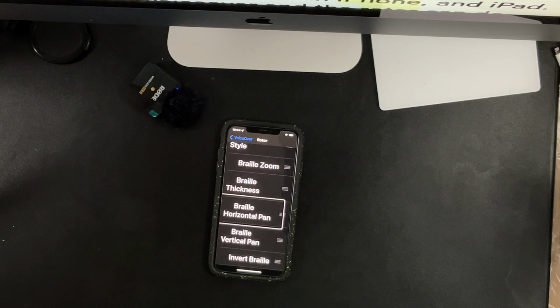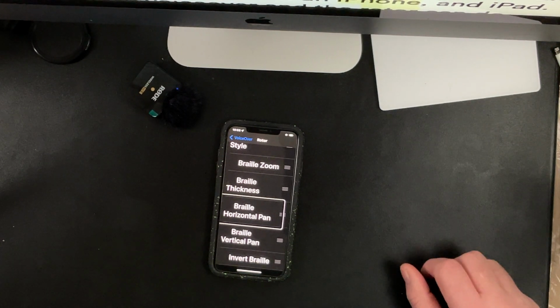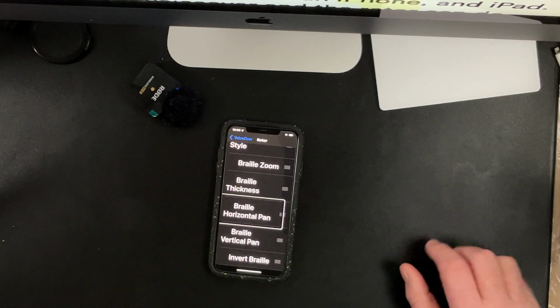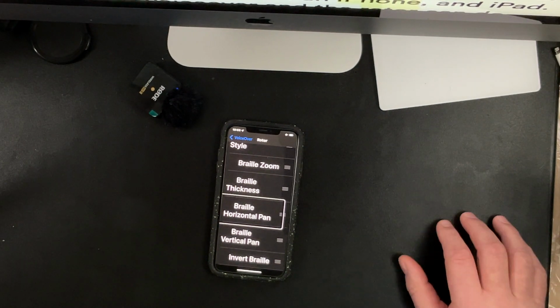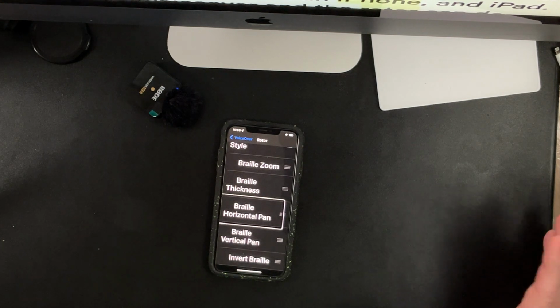lot of fun, especially for those folks that are out there that speak French or speak Spanish fluently. There are some crowds they get into that they just don't want to listen to what they're communicating back and forth with, and you can kind of play around with it that way. Hope that makes sense. Therein ends the how to set up and how to use iPhone Rotor as a shortcut